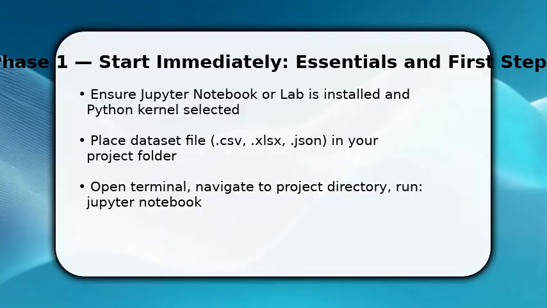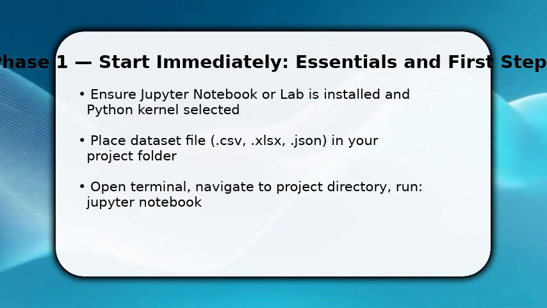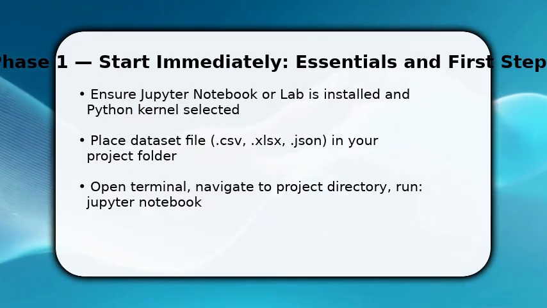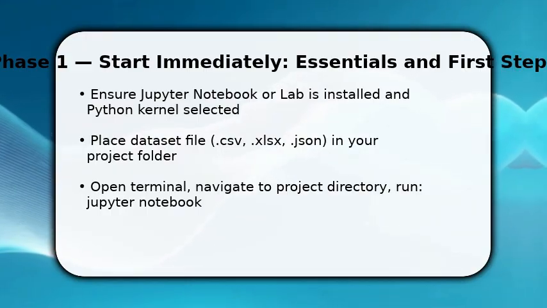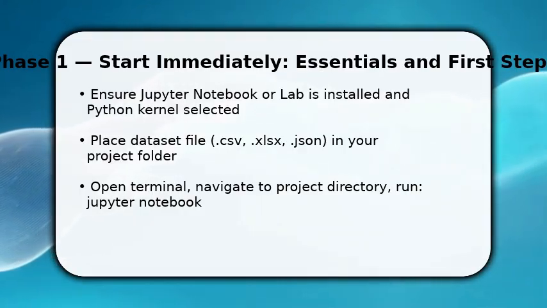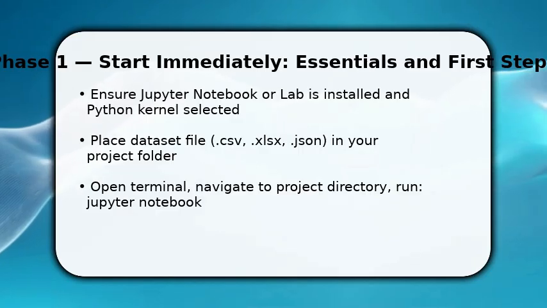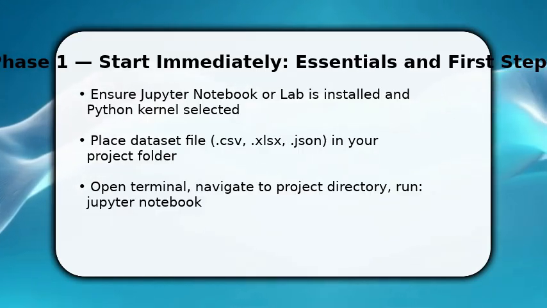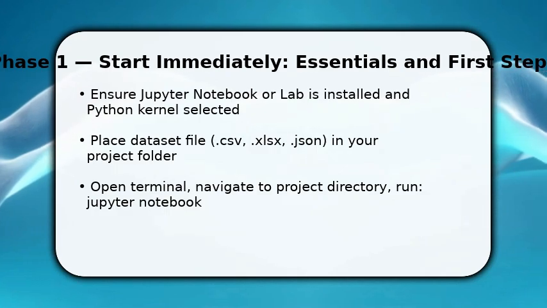Enjoy the video. You start right now by confirming the essentials: Jupyter installed and the correct Python kernel active. Once done, make sure the dataset file, CSV, Excel, or JSON, sits inside your project folder. Open a terminal and navigate into that folder. This avoids path confusion. Then run Jupyter Notebook or Jupyter Lab to launch the interface. You do this first so the next steps access files locally, and because relative paths are simpler and less error-prone